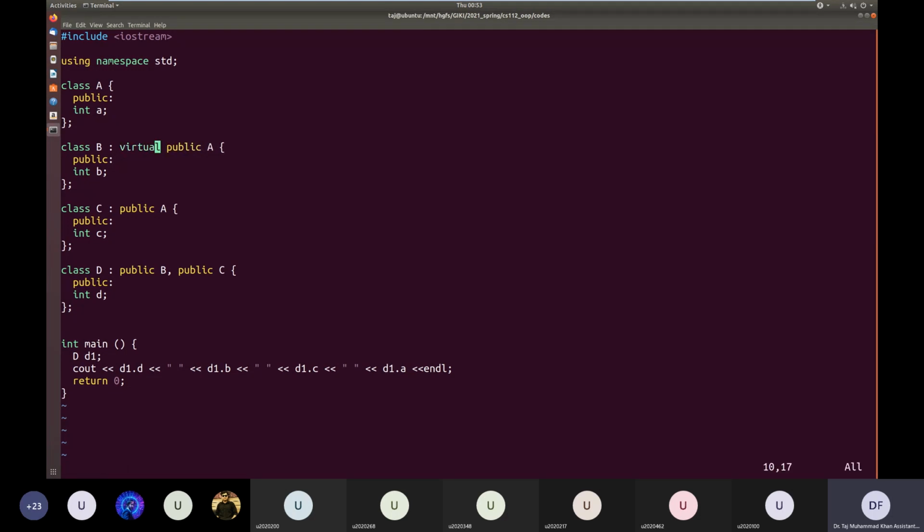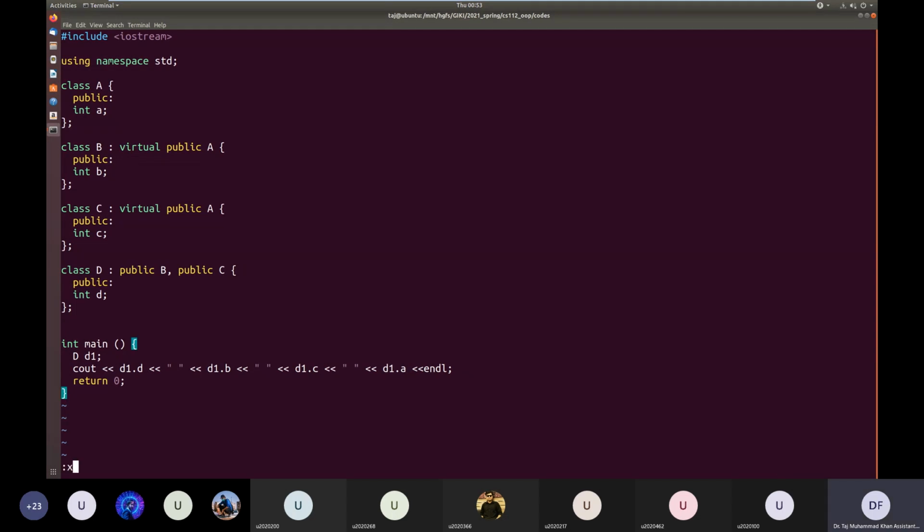And C also, we make it virtual. Both these classes are virtually inherited, and this is telling the compiler that later on, if you inherit a class D from B and C, you should not duplicate A, but rather have one object of A inside the class D. So this is called virtual inheritance, which is a solution especially for this diamond problem.